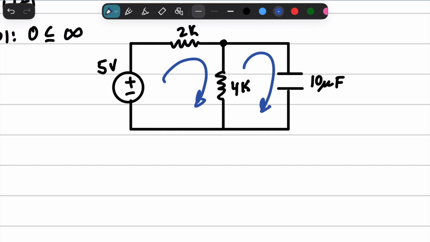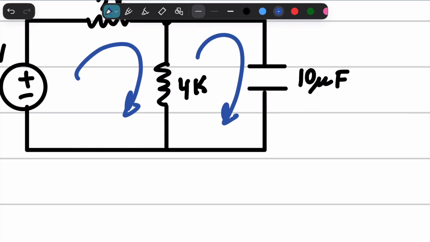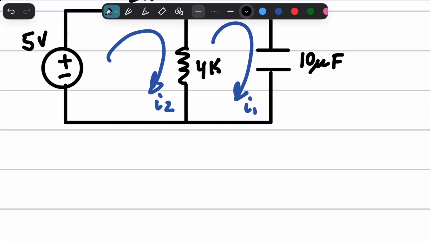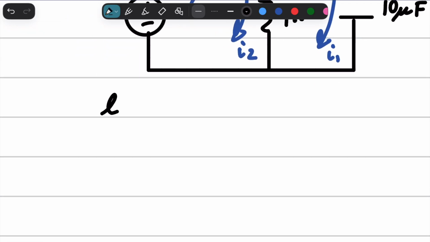And notice that we're going to have 2 loops here. One of them is going to be called I1, and one of them is going to be called I2. It doesn't matter which one we call which, we just need to make sure that we're consistent. I'm going to call this one I1, and this one I2. We're going to draw the loops. Loop 2,